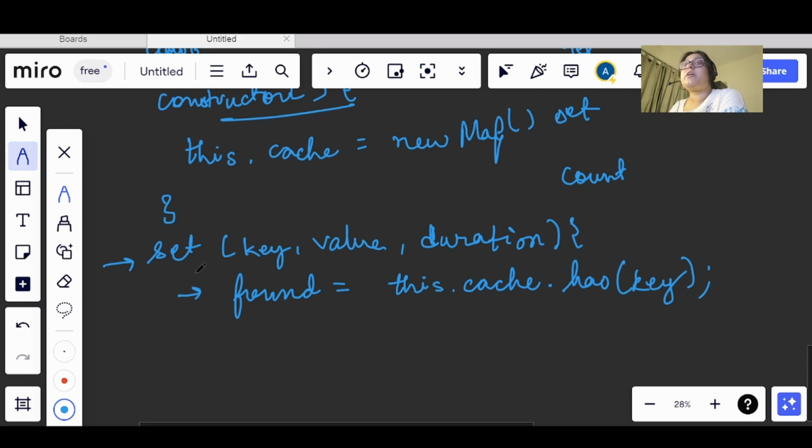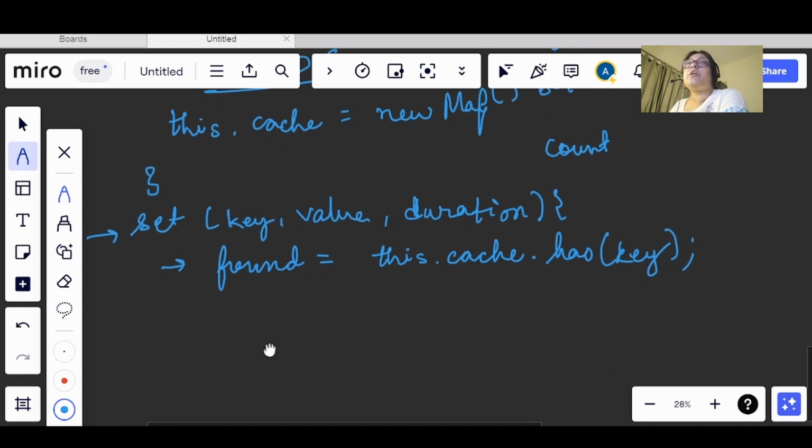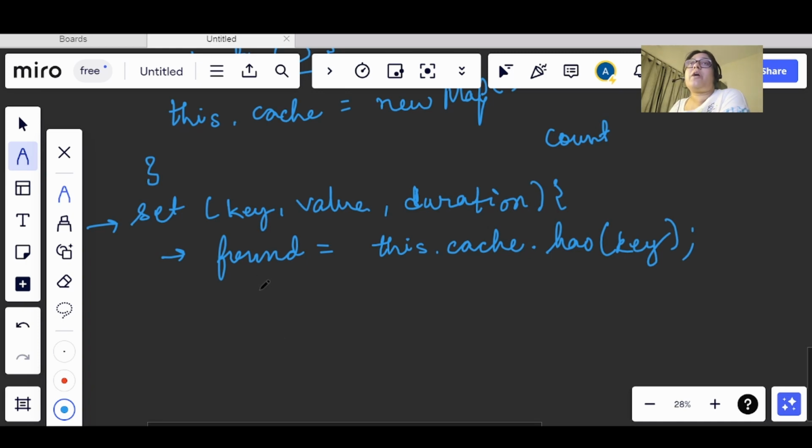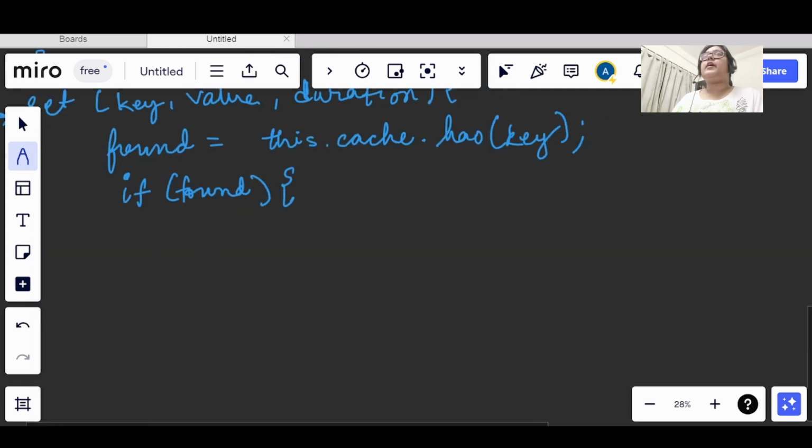Now in such cases, if the key is already there, we need to return some value. So we need to return true in such cases. We will check if found is true. Let's say we have found the key, and we already got found as true. So we need to return true if we have found the key which has not expired, and if it has not expired, we need to clear the duration. So we will use clearTimeout and cancel the setTimeout. So clearTimeout(this.cache